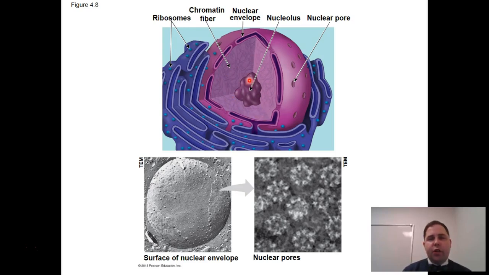We're going to have a region called the nucleolus. The nucleolus is the region where ribosomes are being made inside of the nucleus. And then things such as RNA, messenger RNAs, or ribosomes are going to exit the nucleus through these nuclear pores. So there are holes in the nucleus that allow things to leave the cell. So importantly, think about the nucleus as being a place where the DNA is stored and protected. RNA copies of that DNA are made and pushed out, and ribosomes are also made in the nucleus and pushed out.